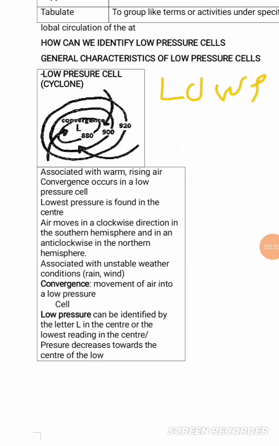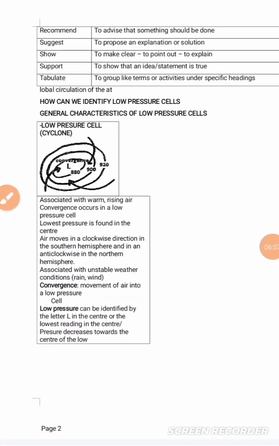This is the first thing you should consider when dealing with low pressure cells. Now we need to know that low pressure is associated with warm rising air. And low pressure is associated with convergence, which occurs in a low pressure cell. When we say something is converging, we mean